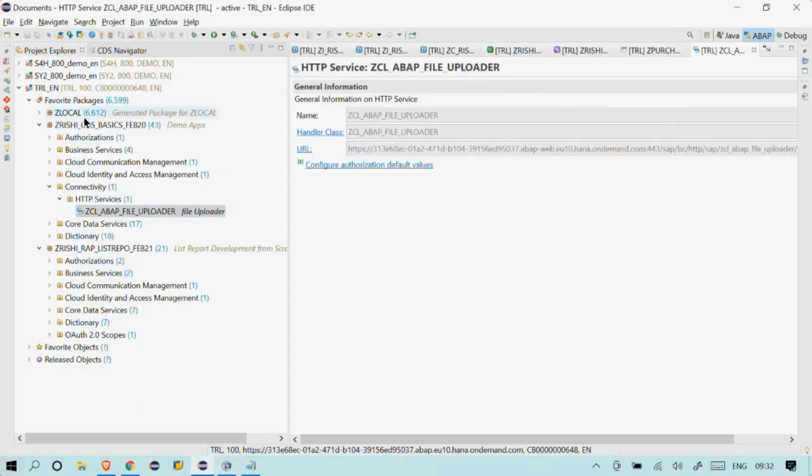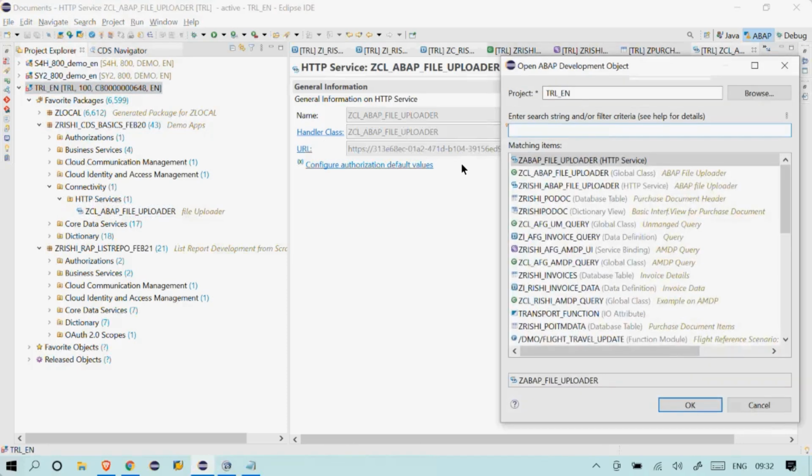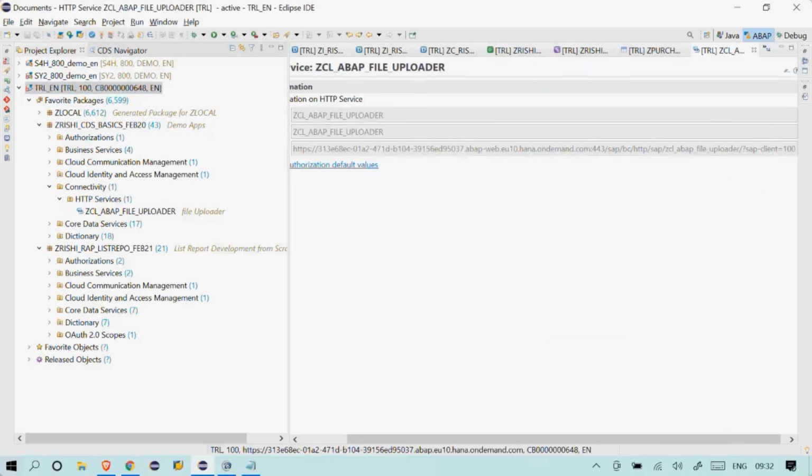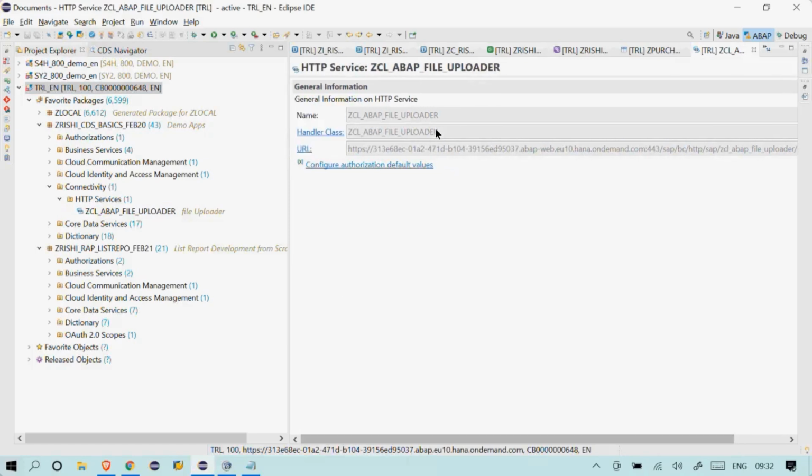You can look for this HTTP service. Right click and open the object, paste it here. You will get two: one is the class name and the other is the HTTP service. Go to the HTTP service, and this is a class created by the team for us to use. And you click on URL,